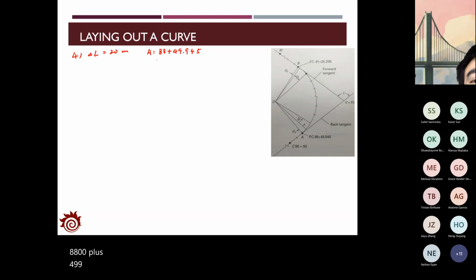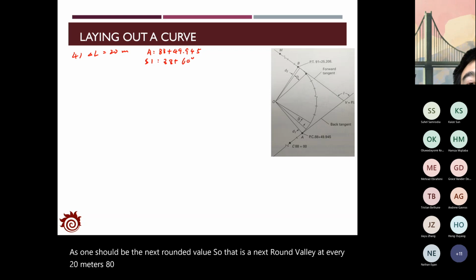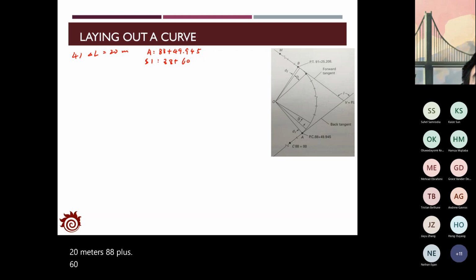So the next station, let's say station 1, I'll just call it S1, should be the next rounded value at every 20 meters. So that is 88 plus 60 meters. That's the first station you have to lay out on the curve. This is the first one, S1,